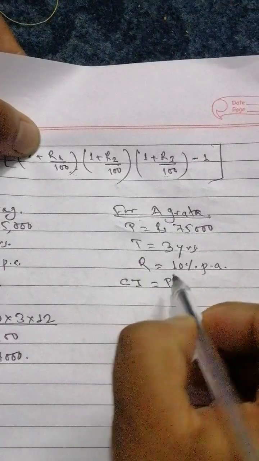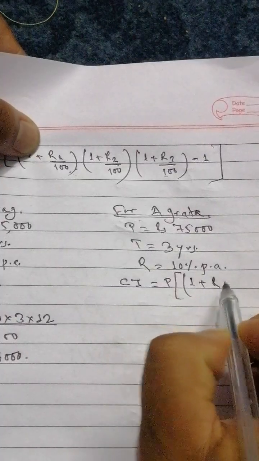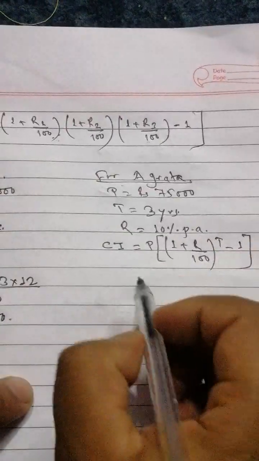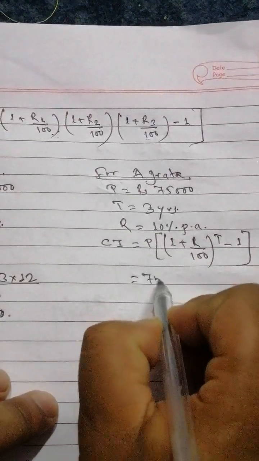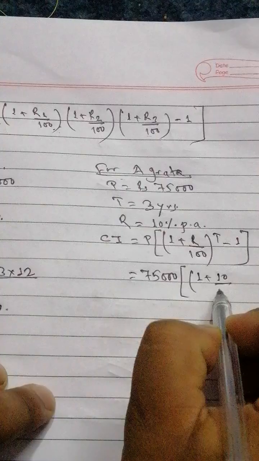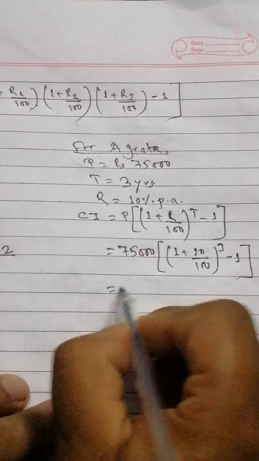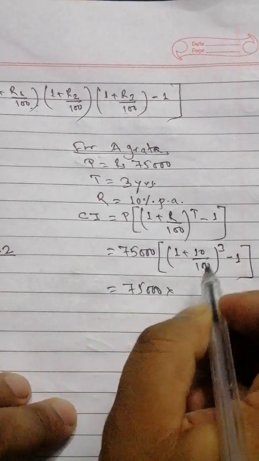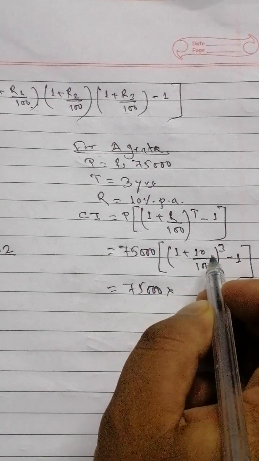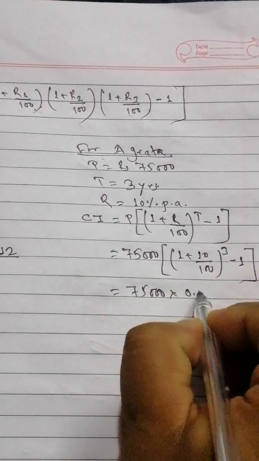So we have CI is equals to P into (1 plus R by 100) whole power T minus 1. So this is P 75,000 into (1 plus 10 by 100) whole power 3 minus 1. So 75,000 into, 1 plus 10 by 100 is 1.1, power 3. We get 1.331 minus 1 is